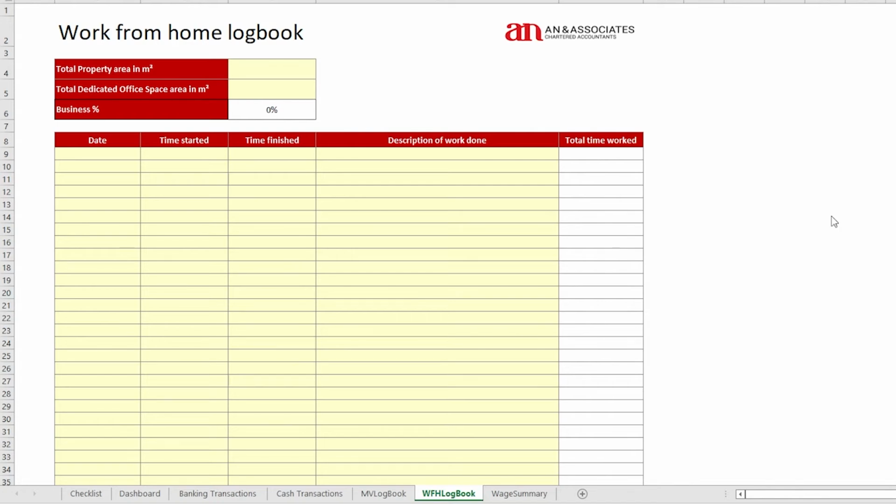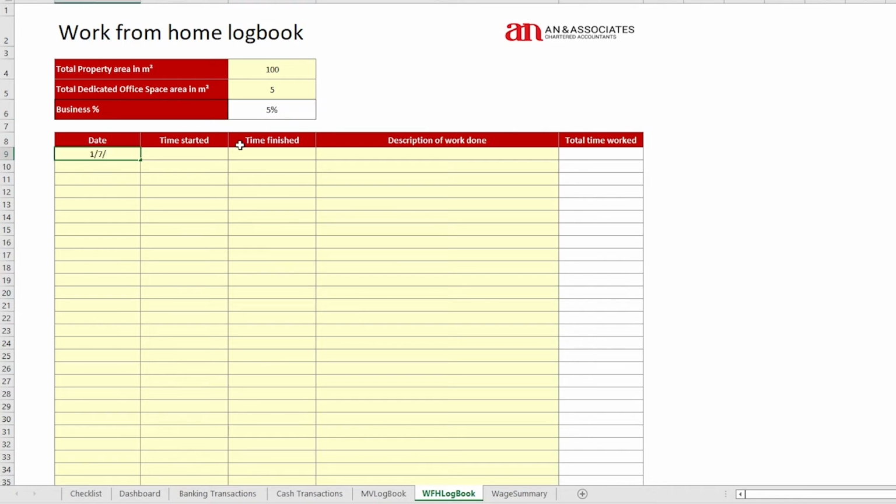We're going to assume that it's a little condo of 100 square meters. And the dedicated space that's used to perform the admin work is 5 square meters. It's a very small little room. So that means that 5% of your property is used as part of your business.